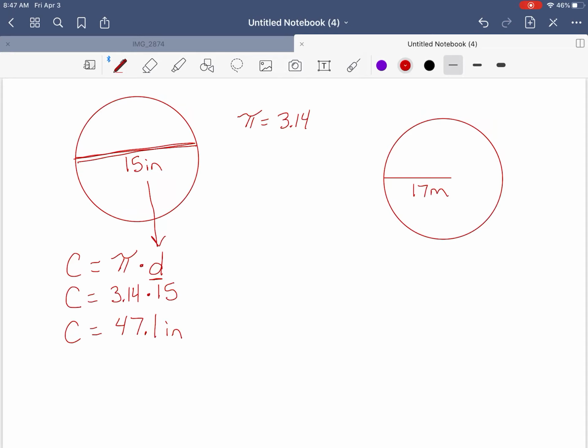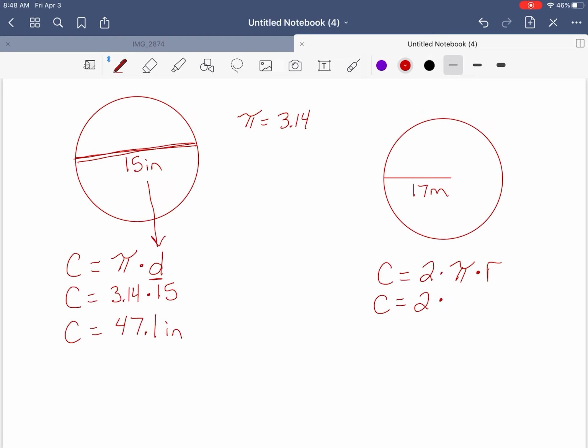All right, well, I know that a line that only goes partway through the circle, that's my radius. So I know I need to use this formula: 2 times pi times my radius. All right, because the radius only goes partway through the circle, or halfway. So now I'm just going to plug my numbers into my formula. Circumference equals 2